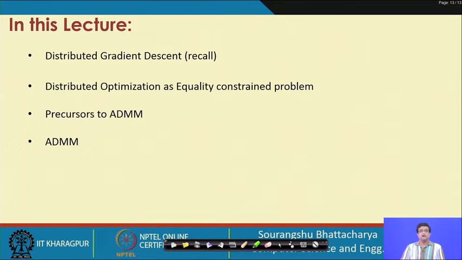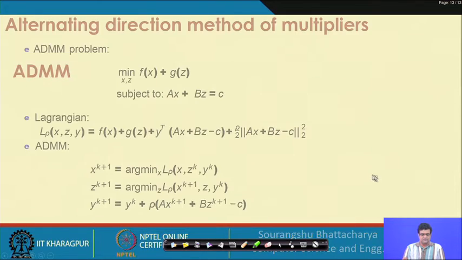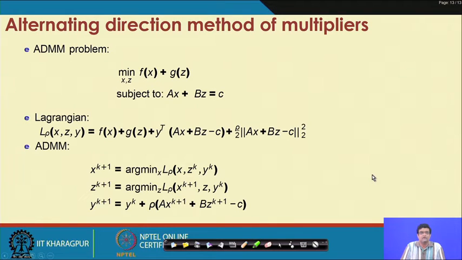Finally, this has a decomposition problem because we use the augmented Lagrangian. The objective does not directly decompose, which leads to the method of ADMM. Just to recall, this is the problem formulation.